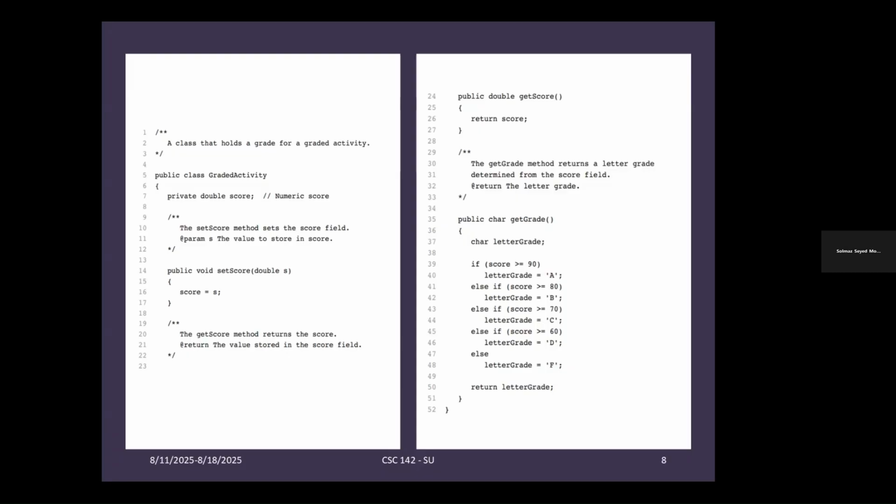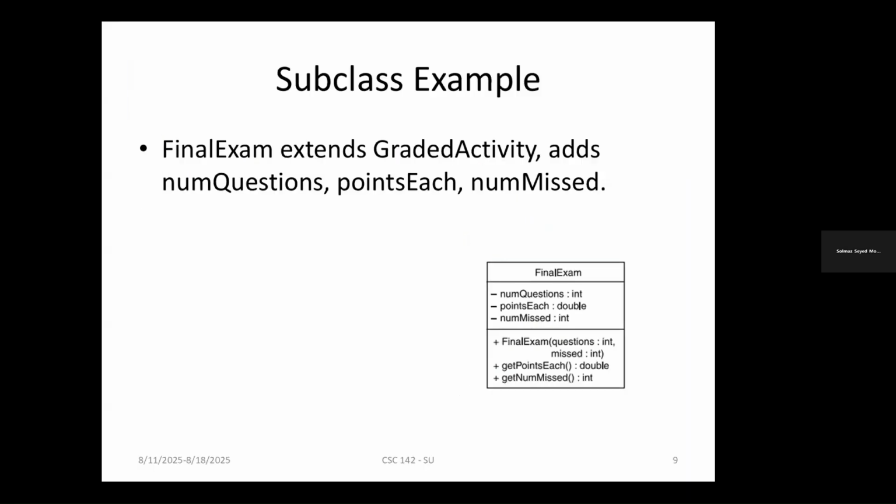Why do we have a character? Because you have to return some letters, A, B, C, D, that's a letter. Depending on what you want to return, we have to define that specific type. For example, if you want to return a character or letter, we have to define it as a character. If you want to return a number, we have to define it as a double. Okay, that's very, very important here.